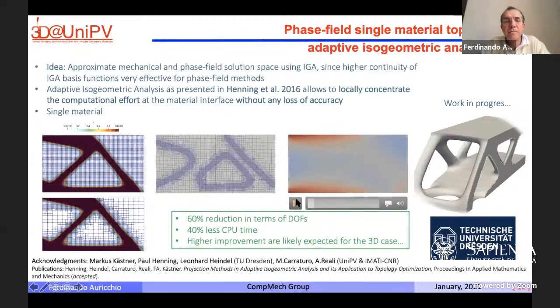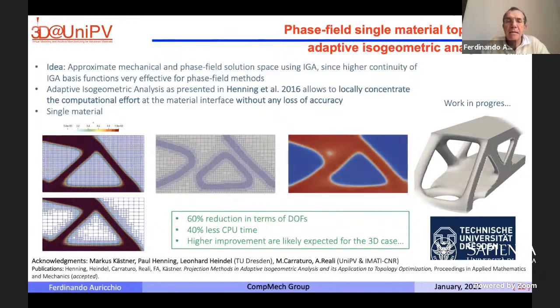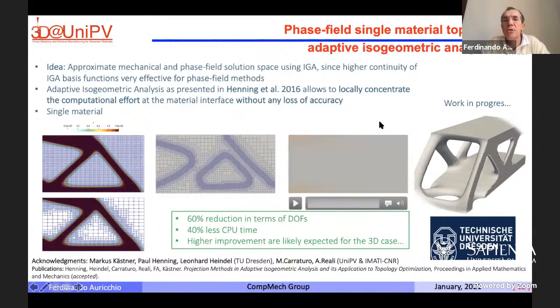So adaptivity is something that really comes into the picture when you deal with optimization and so also with 3D printing. Here you can see some results of adaptive schemes combined with topology optimization that Elisabetta Rocca was showing, and some isogeometric approximation. So adaptivity is another area of big interest.